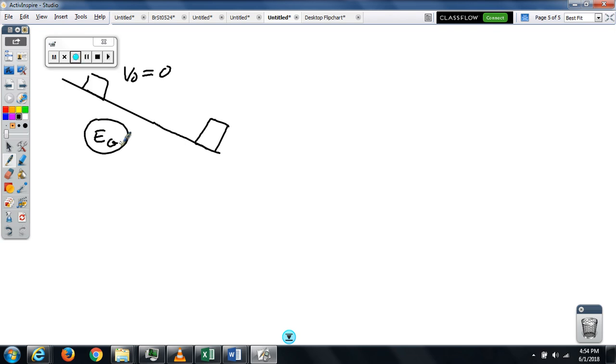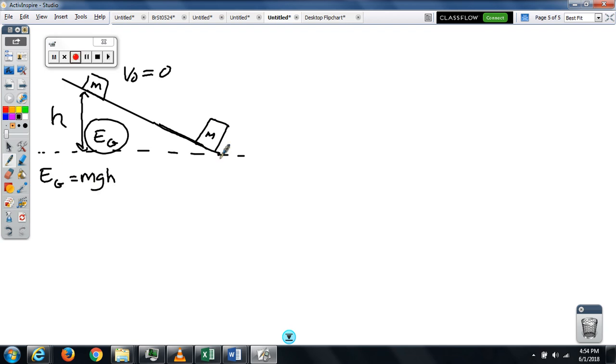EG is measured not by how far it is this way, but by the height it is above some level that we set the potential equal to 0. So this is our height. So you take this mass, and EG equals mgh,